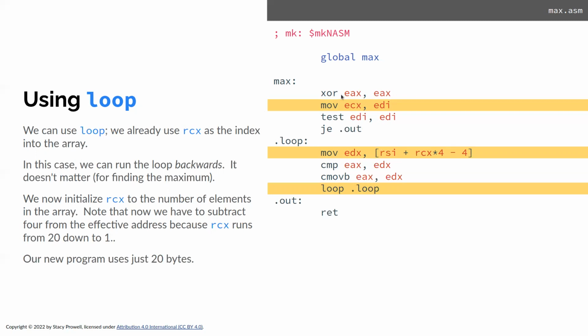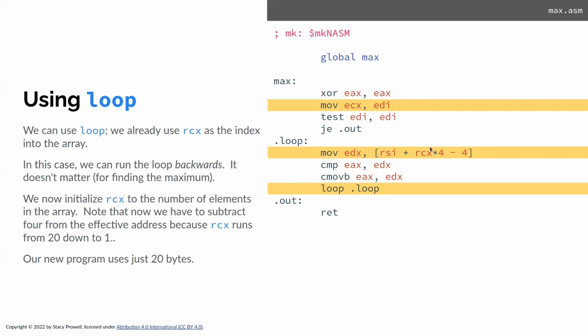So up here, I 0 out EAX just like I did before. That's going to be my return value. But now I take the count and I put it in ECX. So now RCX holds the number of elements in the array. That's good. That's the number of times I want to go through the loop. And so here I enter the loop. And now I need to get the next element out of the array. The array is pointed to by RSI. RCX is the